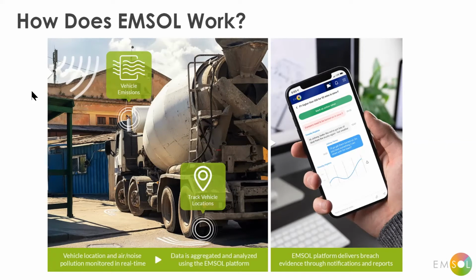Also historical reports if you need to do reports on a quarterly basis. But really the key is to take action when the breach is occurring so that you're fixing it. And that obviously makes a compliance officer's job much easier. Instead of having to log into a system every day, see what's happening, guess what's happening, walk to different sites, observe the different data, they can actually know specifically which vehicle from which subcontractor is causing an issue or which piece of equipment.